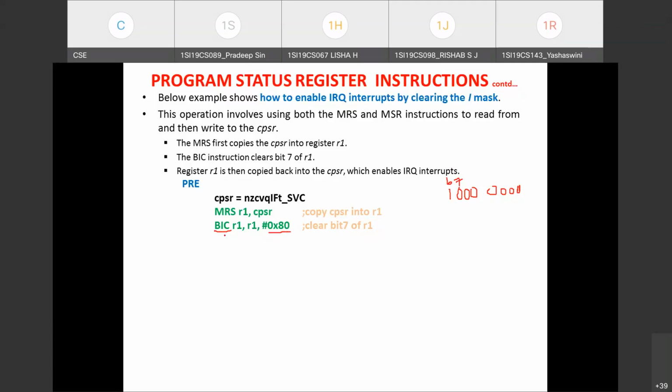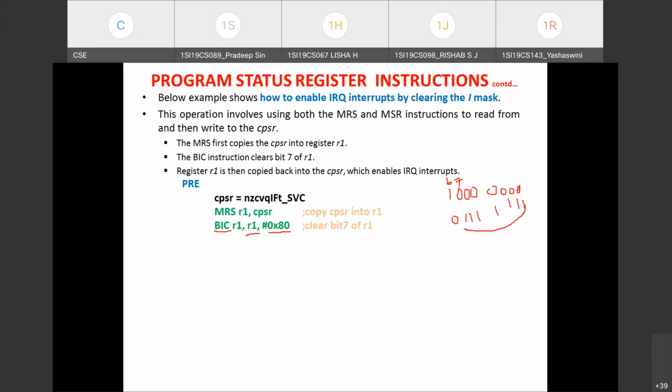So what will the bit clear instruction do? It takes the source operand, that is 80H, and inverts it. So what will be the data? It will be 0111 1111. This will be the data after performing the NOT operation. This NOT of the data will be ANDed with the R1 register content.